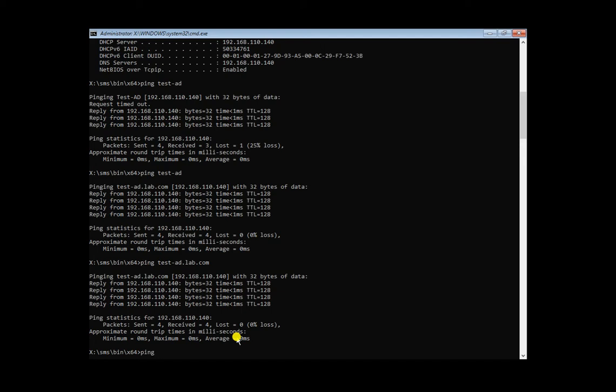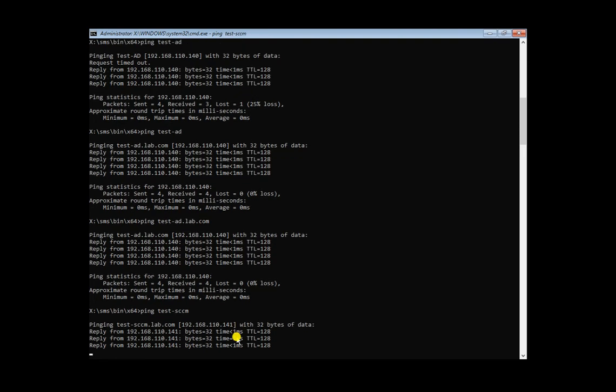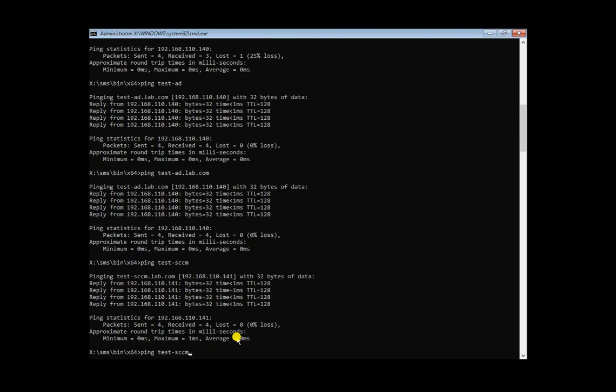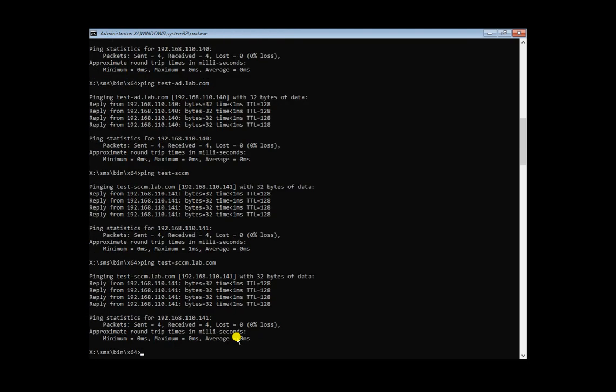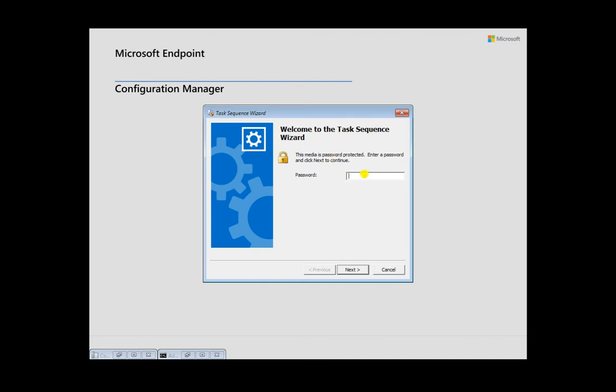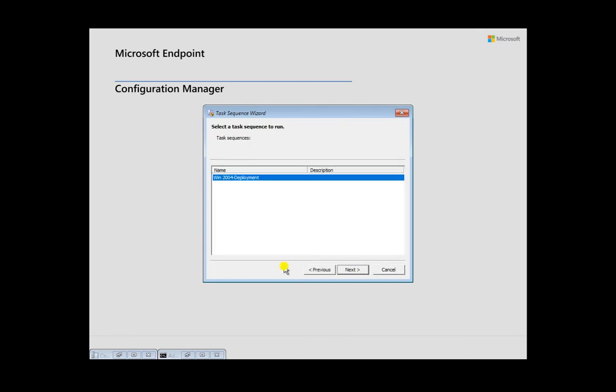Let me test with my SCCM server, that is, the MP. I am going to put it here, test-SCCM. Okay, it's resolving. Let me check with the FQDN name. So these are the normal things. If you get an error, guys, go back to this screen and you can test all those things, whether they are functioning well or not. Now we should not get the error here because all the things are in place. But let's see if any issue comes.